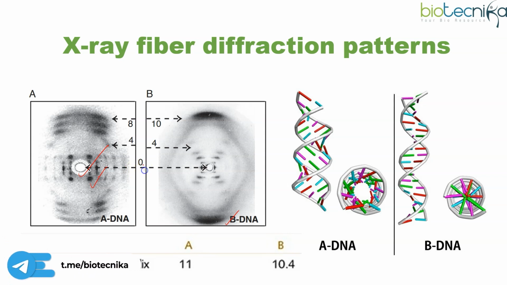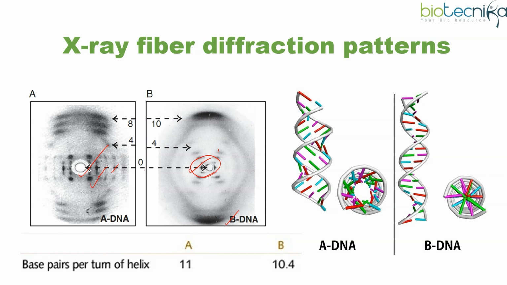Then A has an immediately apparent significant difference between the two patterns: the presence near the center of an X shape. It is a 3-layer line in B, and that 3-layer line is missing in A. So this X shape is produced by the regularly repeated part of the molecule, which is nothing but the sugar